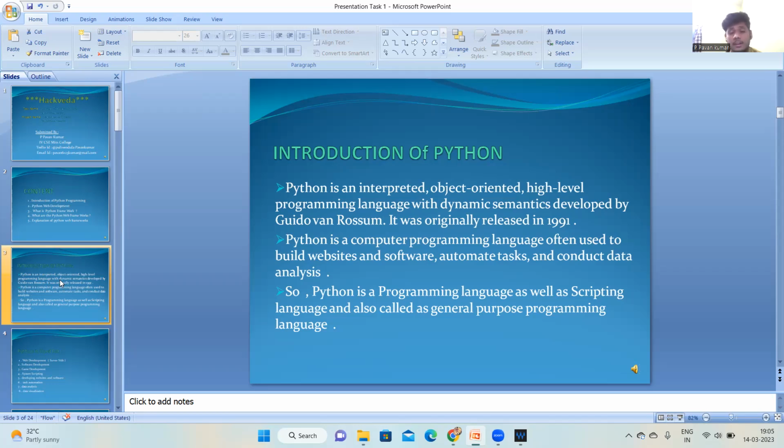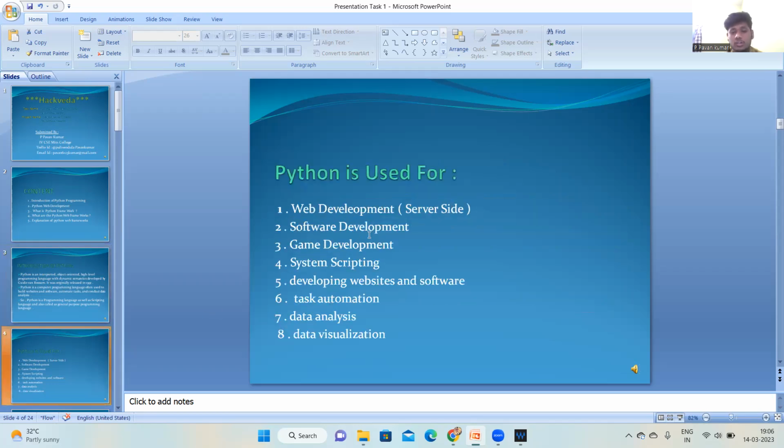It is high level, combined with dynamic typing and dynamic binding. It is also a general purpose programming language. Python is used for web development, software development, game development, system scripting, task automation, data analysis, and data visualization.